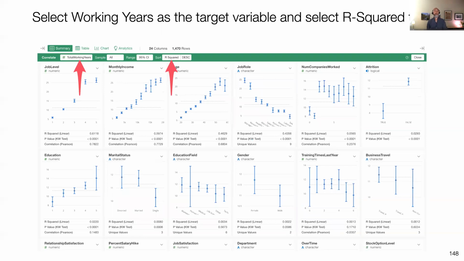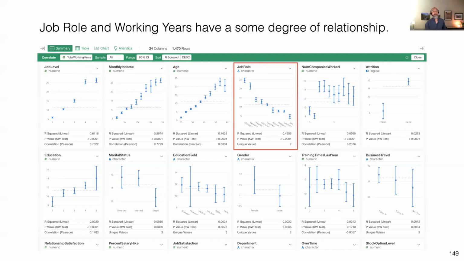So I use a summary view. This is just a screenshot here, but I use the summary view and correlation mode and select the working years as a target variable and then sort by the R square, which is the metric to indicate the strength of the relationship between the two variables. So now it looks like here's job role. There's a relationship between total working years and job role. When you look at the R square, which is 0.43, it's not super strong,